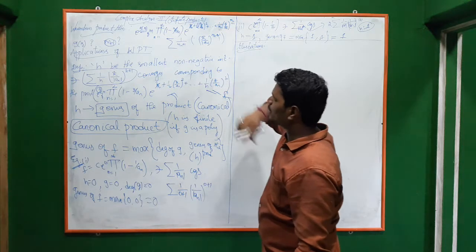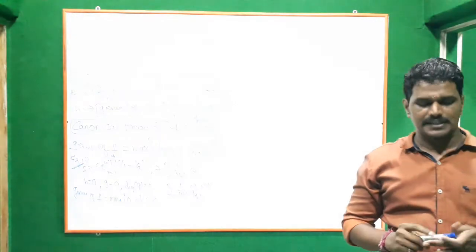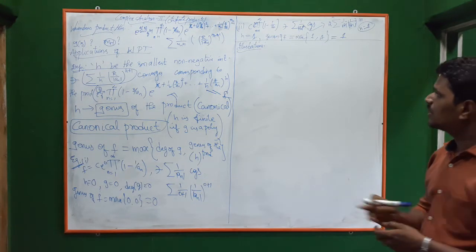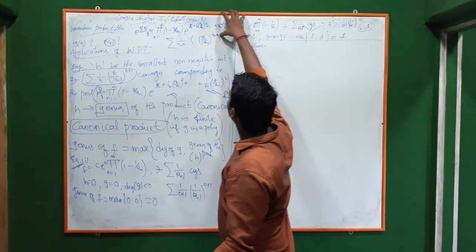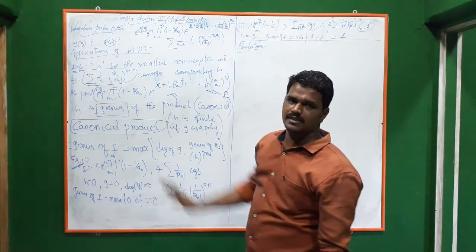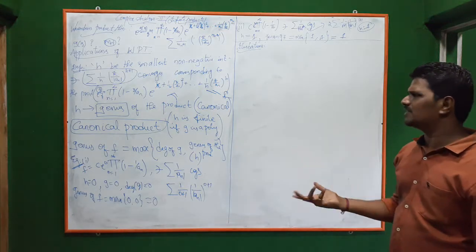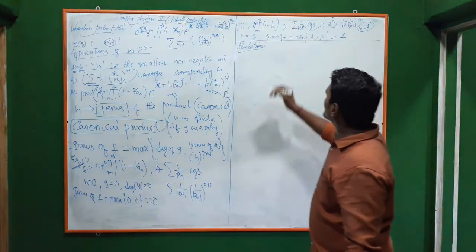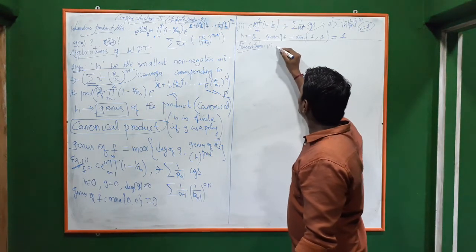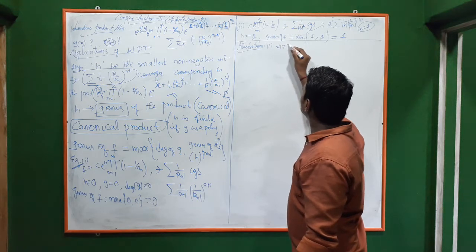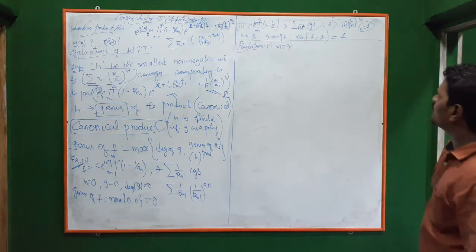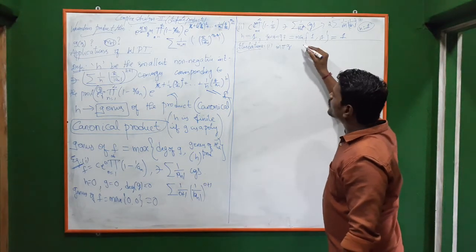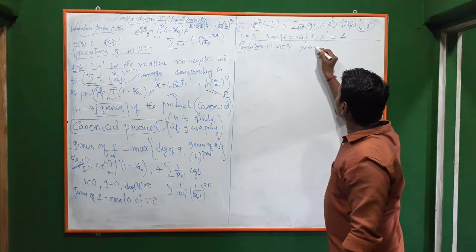Illustrations for this Weierstrass product theorem. That means whenever some function is given, we have to be able to find the canonical product. We will do some basic functions, and from these we can get the higher functions. We will do sin pi z. I have to find the canonical product of this. Find the product for this function.